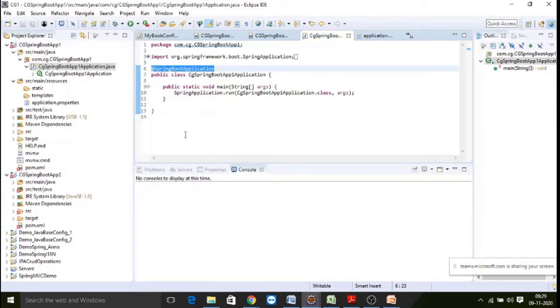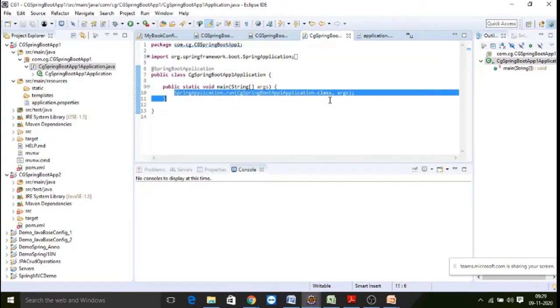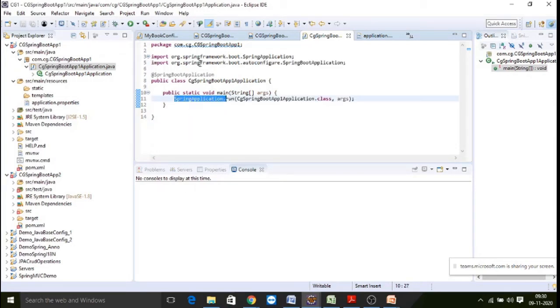To start your entire project on a server, you use a class called SpringApplication. This comes from the Spring Boot framework to start and run your project. run is a method. You need to give your current class name dot class, comma args, and that is the command with which you run your project.